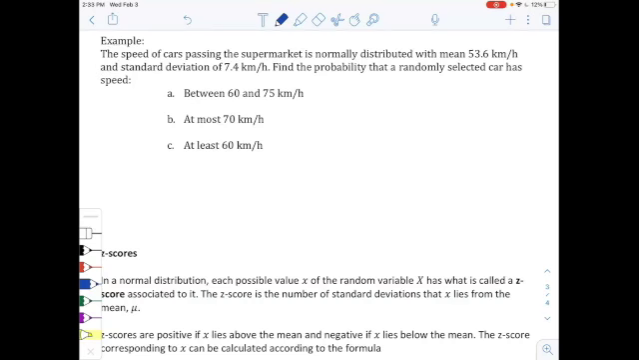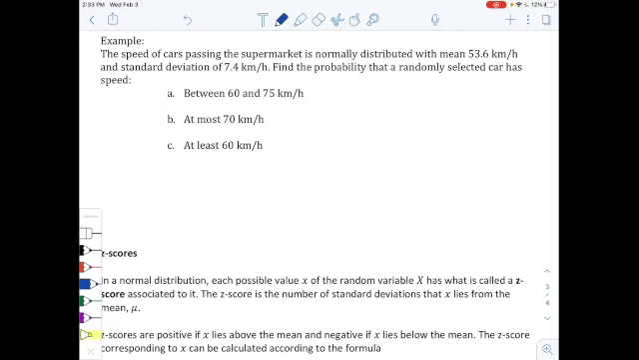Okay? The speed of cars passing a supermarket. So there's a police officer, let's say, outside of a grocery store, and he or she is using a radar gun to calculate or record the speeds of cars going by. Maybe they're interested in whether or not they need to put a speed bump or a stop sign or something there. And they determine it's normally distributed with mean